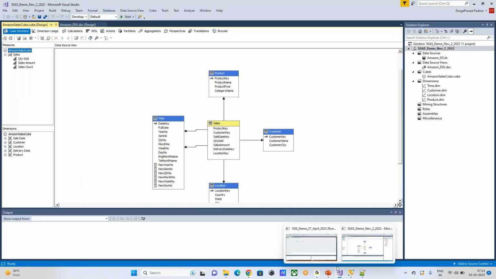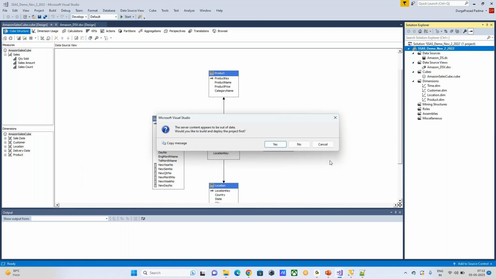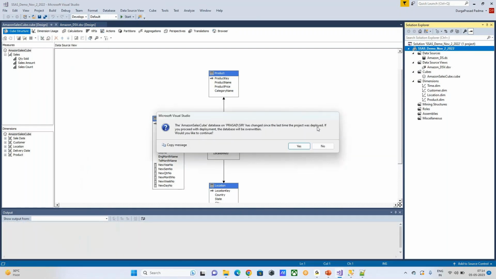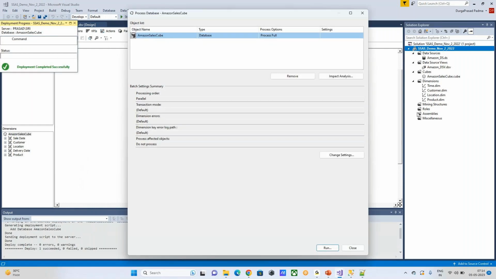So whatever process we just made, we are processing. First we will deploy. The last time was already deployed. If you process with deployment, the database will be overwritten. Yes, I want to overwrite. So whatever changes I have done will overwrite on that particular cube, the same cube. Now see, the same thing we have done, we clicked run, right? So by using this